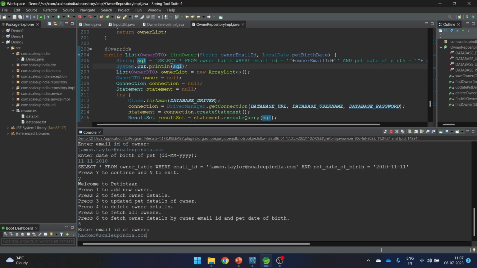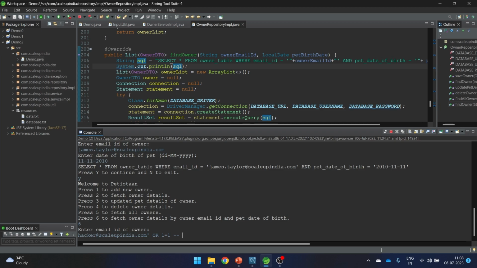It can be any ID, but hacker is just using something like this. Now after this, hacker will do something like this. So hacker will say single inverted comma, then hacker will say or, and then hacker will say 1 equals to 1. And after this, hacker will say hyphen with some space, and again hacker will give a space. So this is the email ID which hacker is going to provide.